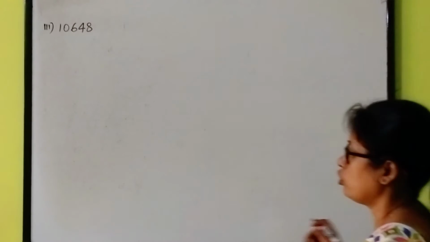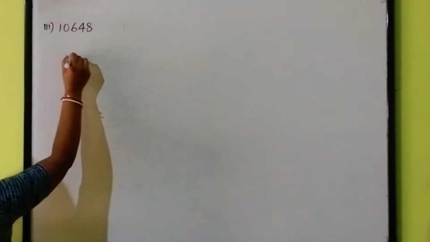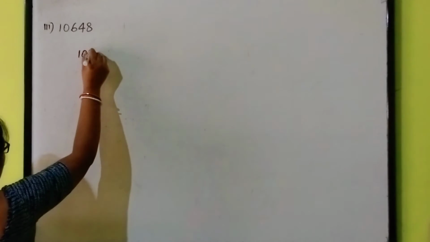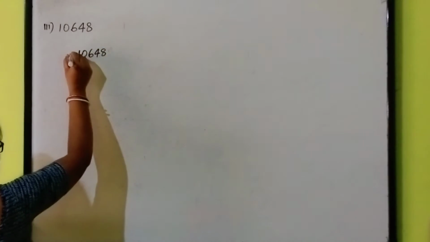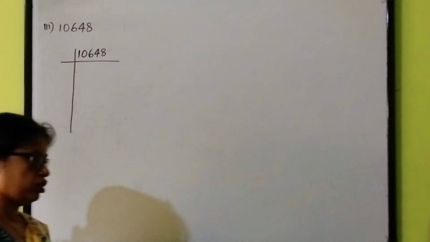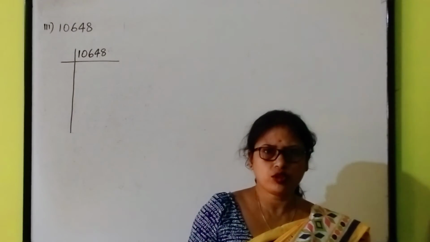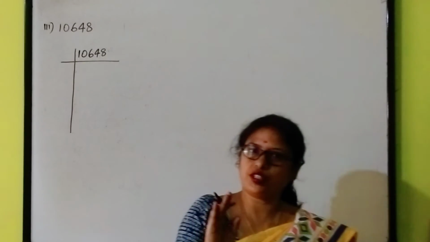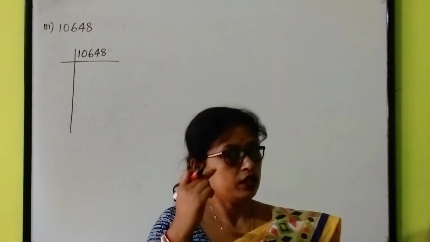This is the next number. Let us find out the cube root. So, 10648. Let us factorize it. We have to always remember, my dear students, though it is very late to tell you, prime factorization always starts by 2, then test by 3, then by 5, then 7, in this way in increasing order.